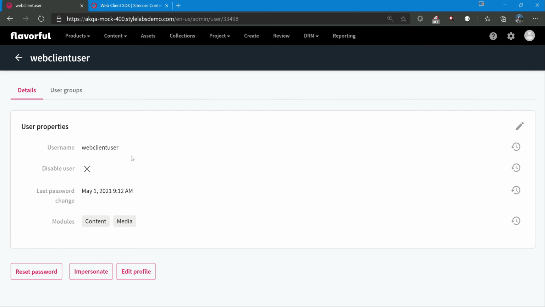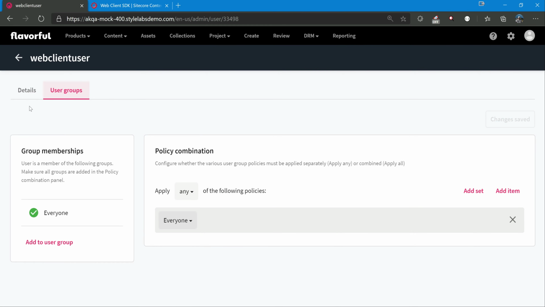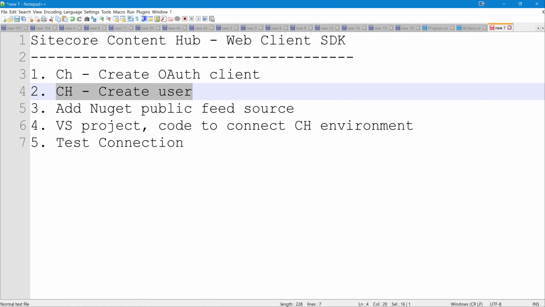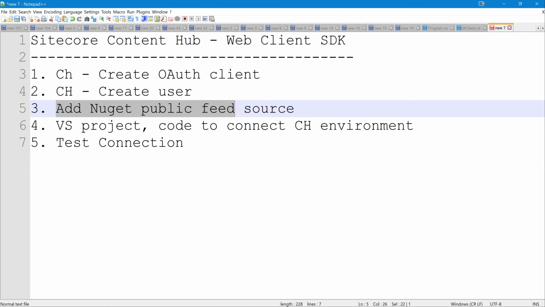You can use a normal user as well, but for this purpose I created a dedicated user for this connection. I created the web client user, and as the user group I provided Everyone. I just reset the password. So now all I have is the client ID, client secret, username and password, which we require for the Web Client SDK. Now, the third step is to add the NuGet public feed source.